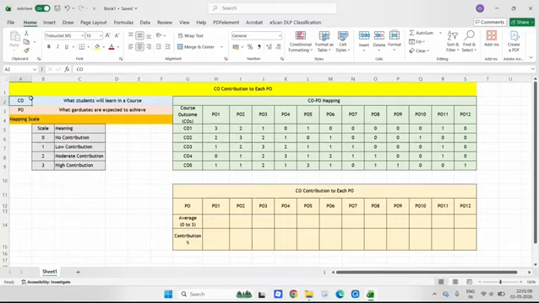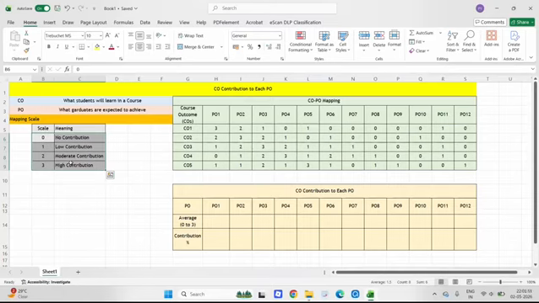Okay, so let's discuss what CO means. CO means what a student will learn in a particular course after completing it. Suppose I'm taking a subject like electronics. When the student finishes electronics, what the student will learn from that course is called CO. And PO means what graduates are expected to achieve, that is, after completing a BTech or BA program, what the student is going to achieve. Okay, that is PO.